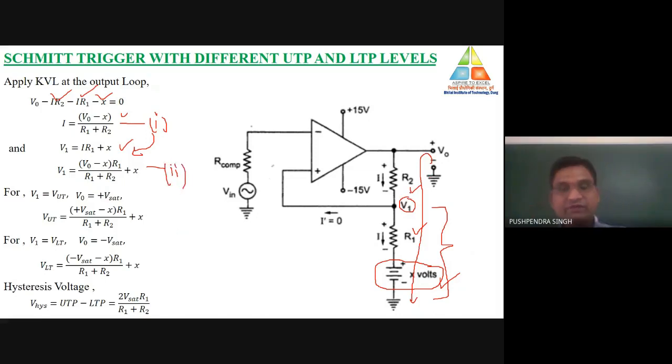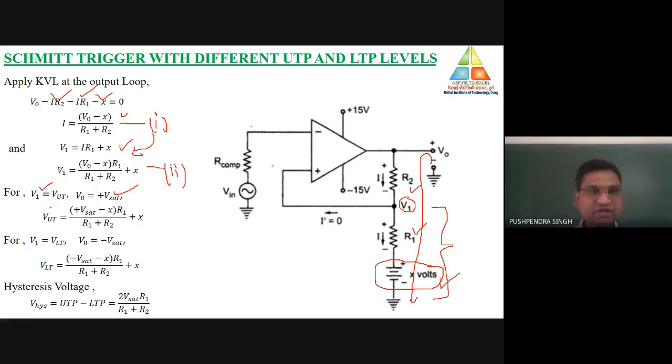Now V1 is a reference voltage source, and that depends on the saturation voltage of the circuit or the threshold voltage. With the help of that only we are calculating the triggering points of the Schmitt trigger circuit. So let's suppose the output voltage is at positive saturation voltage, positive due to any kind of fluctuation in the circuit. Let's assume that the output is at positive saturation voltage. On that condition, V1 is at the upper triggering point.